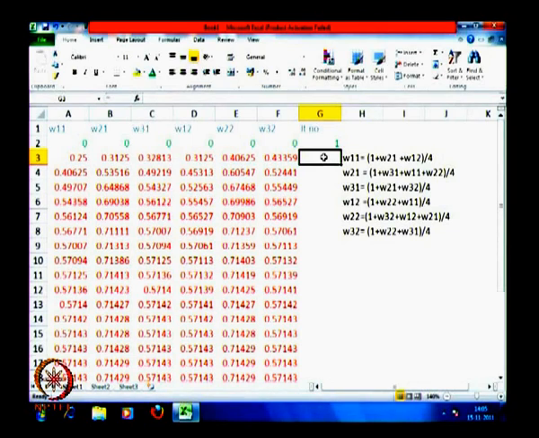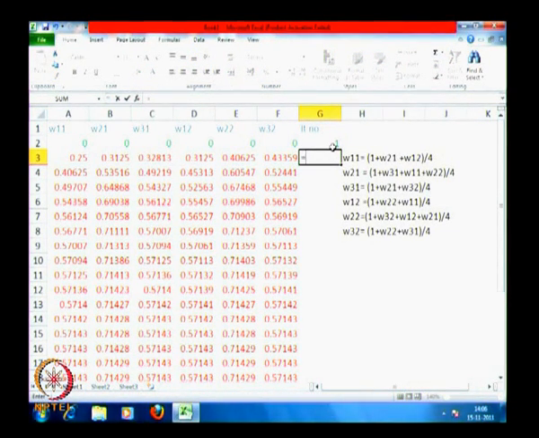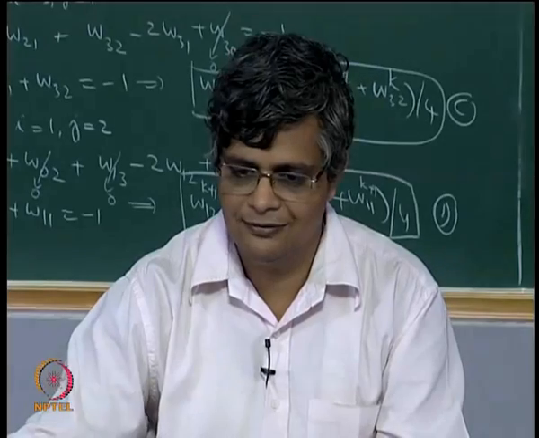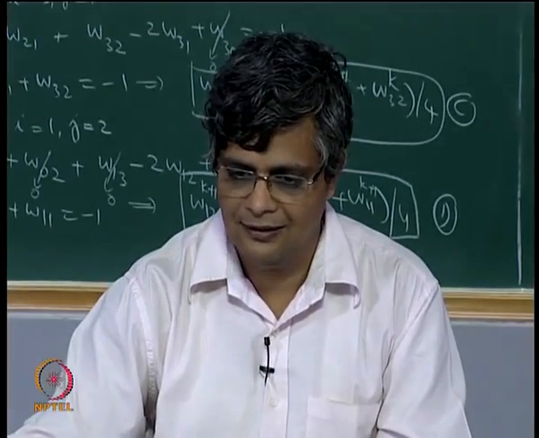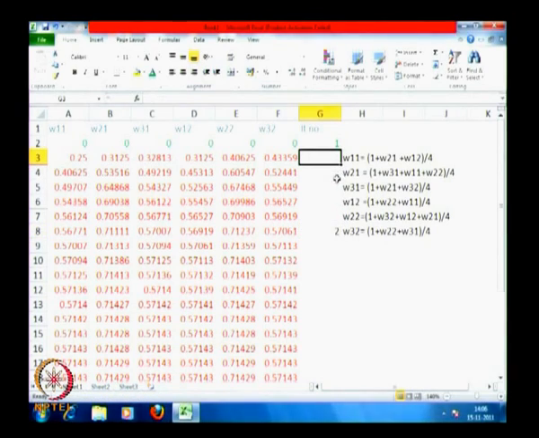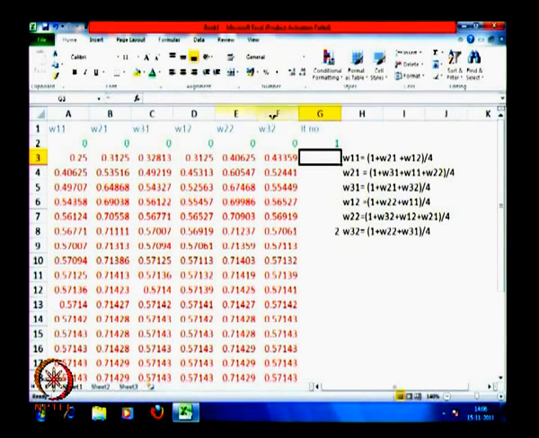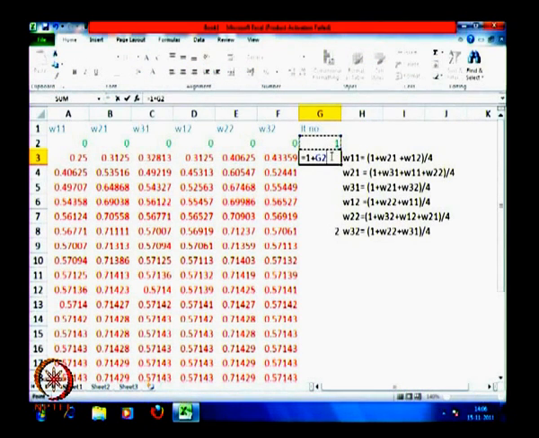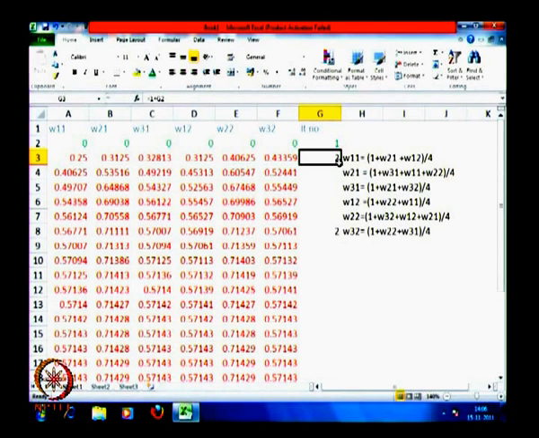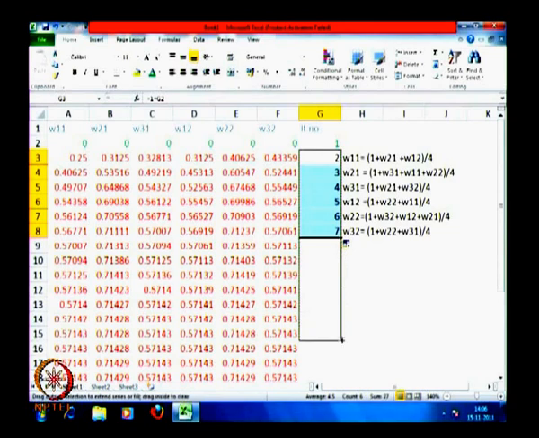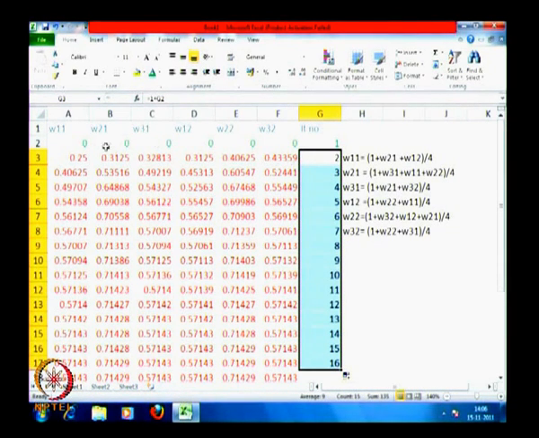This is the second iteration, so we can write this as 1 plus this. Okay, let me just do it again. 1 plus this one. So second iteration we have these values, third iteration these are changing,